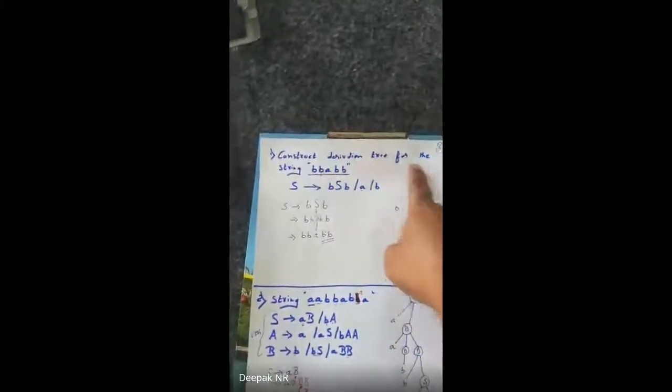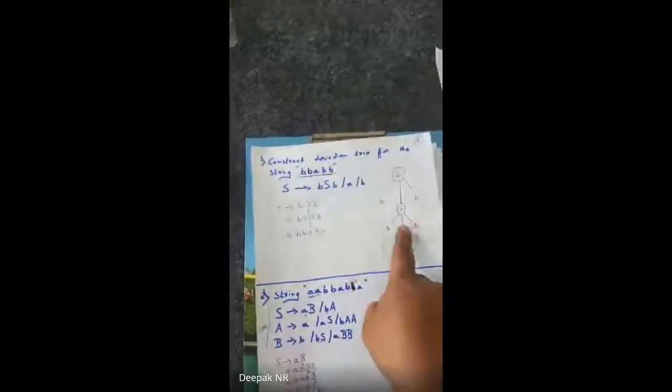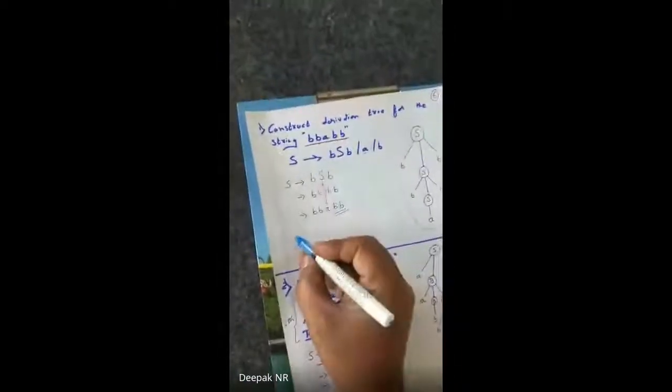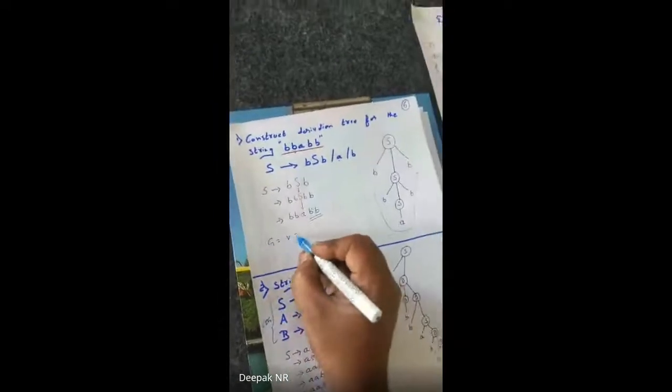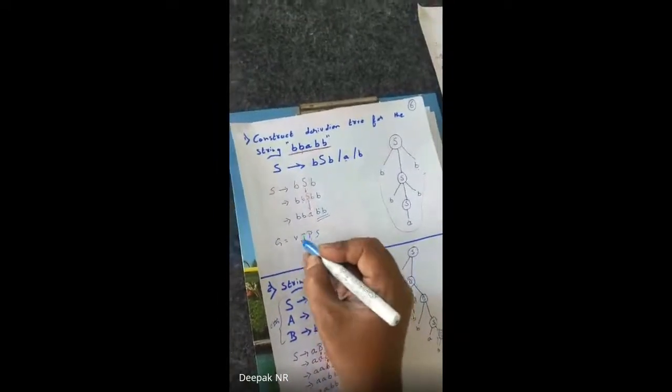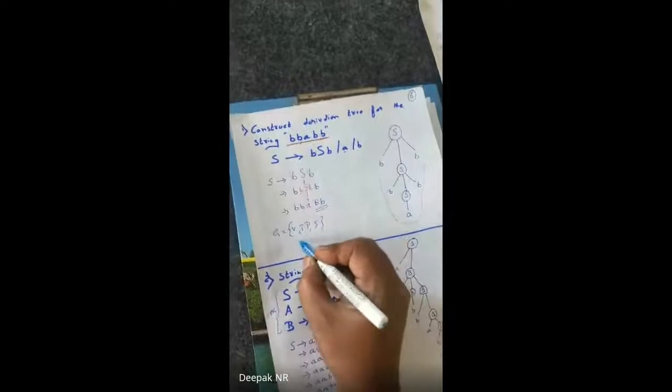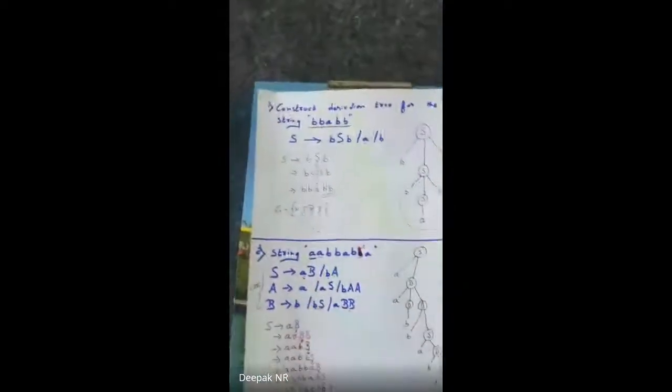In the exam, they will ask you to construct a given derivation tree for so and so language. You have to write this, followed with this, and you have to define G equals (V, T, P, S). I hope you know how to define it. Is that clear, guys? This is the concept of a derivation tree. Any query about that?